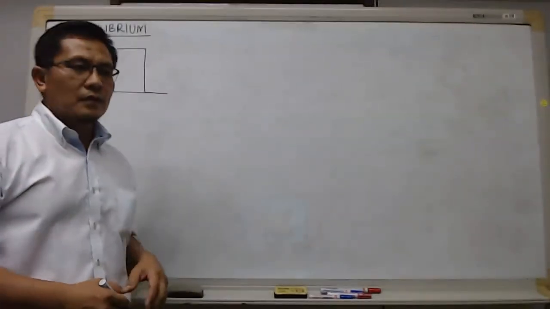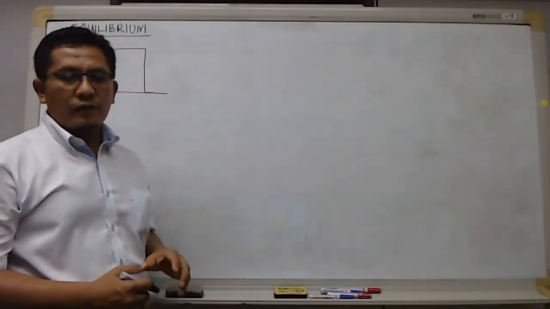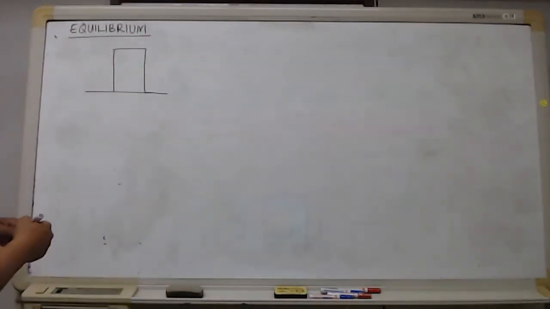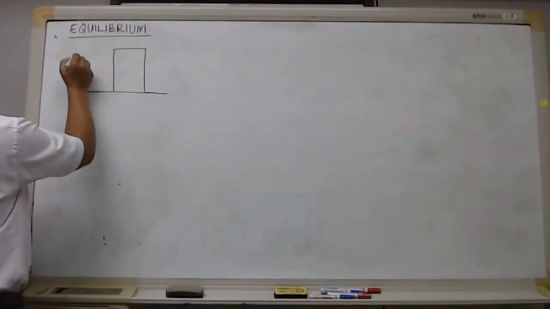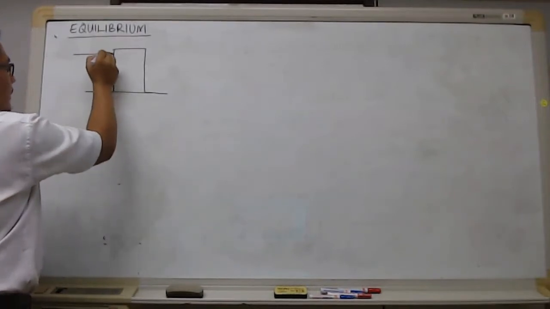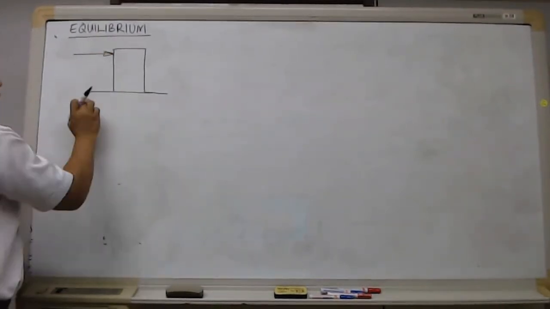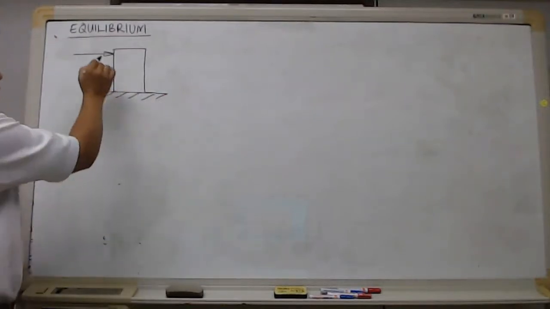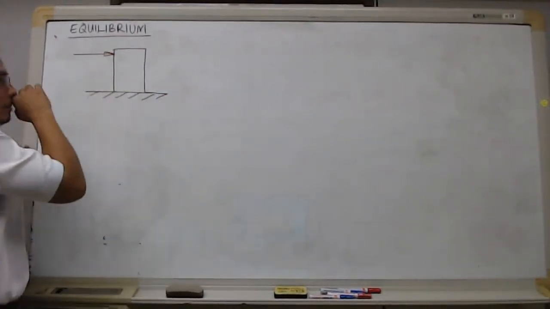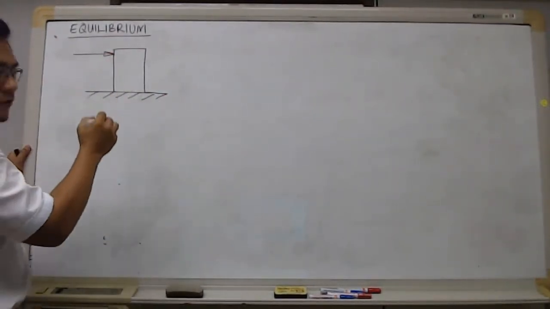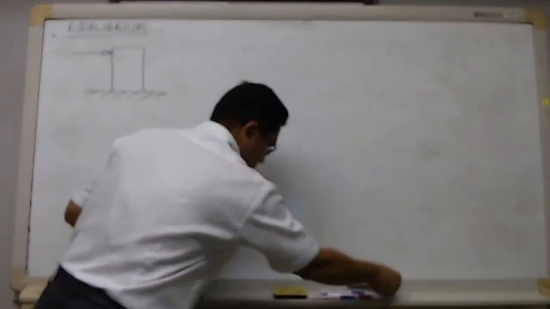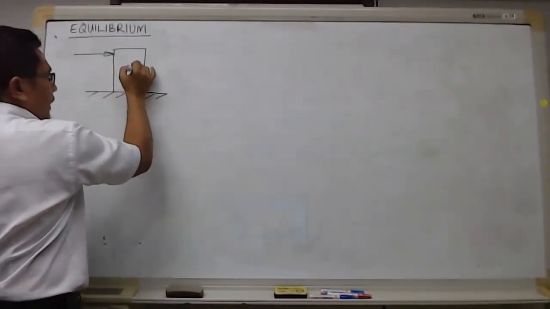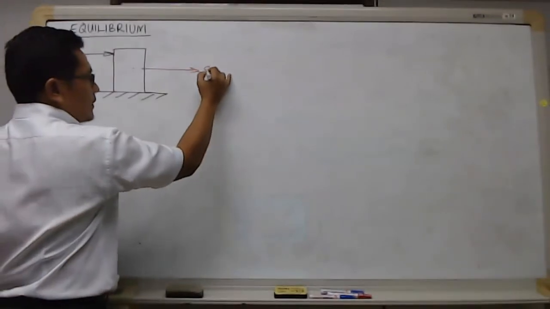Today we're going to go into the chapter on equilibrium. You have learned before that whenever you apply a force to a body, this is the body lying on the floor, the moment we put force at any point, the force can cause the block two kinds of motion. Either the block can slide to the right,